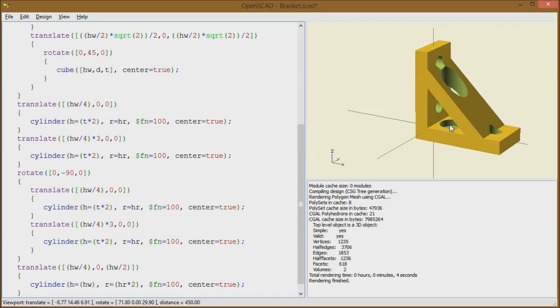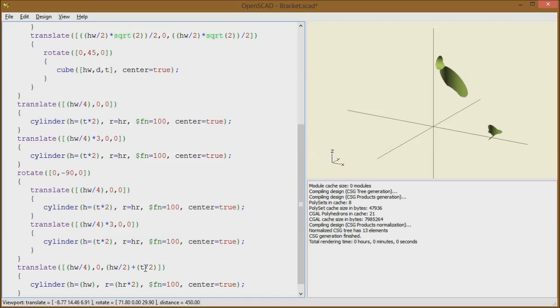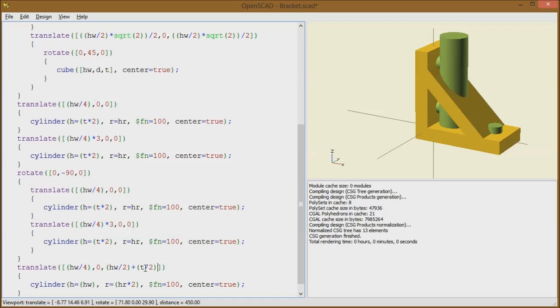Well, that might be a good option if you want a sort of countersunk option, but for ours we're going to assume that the screw head sits flush with that thing. So again, what we need to do is add just the thickness divided by 2 to that. Press F5. Okay, again, let's go back to combined view, F12. So that works fine. If we go to final render mode, F6,